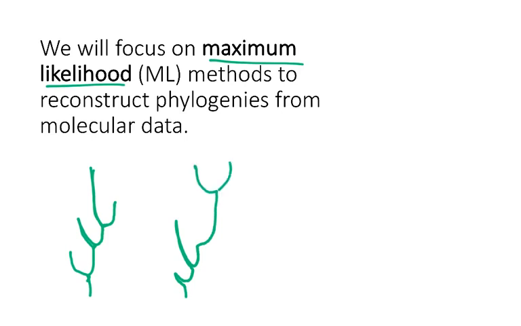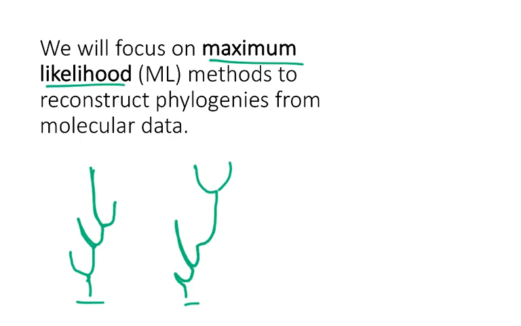Anyways, these look like sad, weird cacti or something. They're supposed to be trees. The idea is that you make a bunch of these different possible trees based on the molecular data that you have. They have different branching patterns, different branch lengths, and then through these statistical techniques, that's what the actual maximum likelihood methods are. Again, outside the scope of this class, I don't expect you to know the details, but these maximum likelihood methods are then used to determine which of these possible trees is the one with the highest total